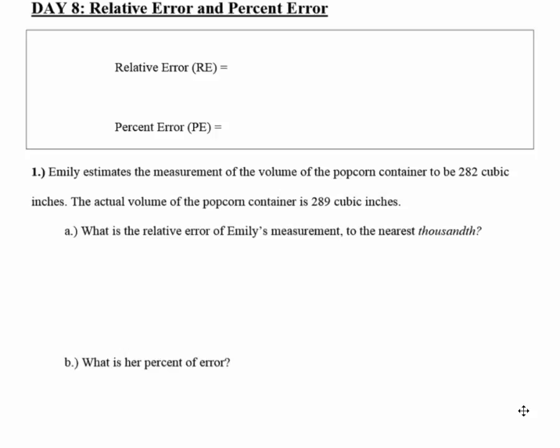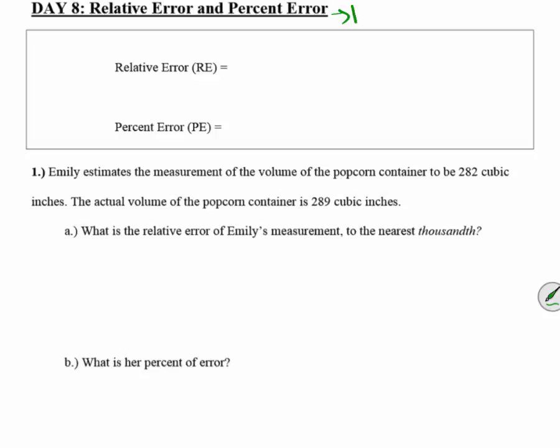All right, ladies and gentlemen, so today we're going to be getting into our last, I believe, type of word problem for this chapter. And this is actually a review. We did this in 7th grade when we did our percent chapter. So today we're talking about relative error and percent error. Well, those two things